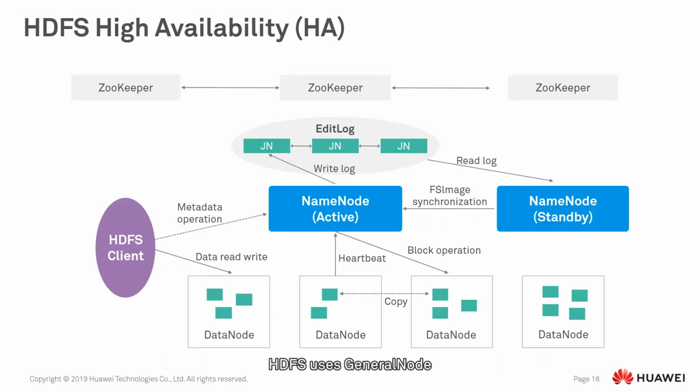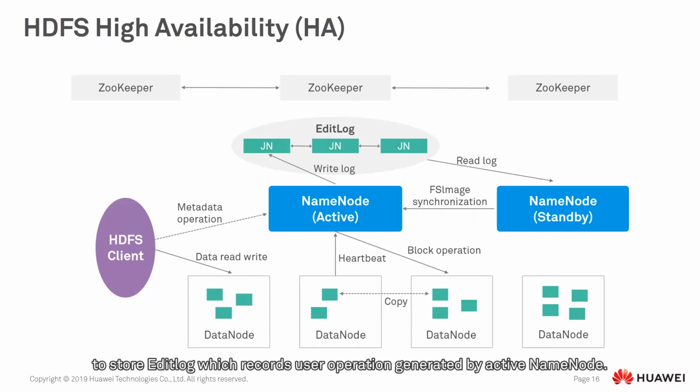HDFS uses journal node to store edit log, which records user operations generated by active name node. Standby name node loads edit log on journal node to synchronize metadata